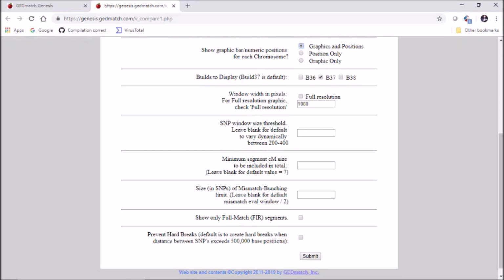But so you could set the SNP threshold, and this is interesting. Look at the way it's worded here. Leave blank for the default to vary dynamically between 200 and 400. Now the old classic GEDmatch let you choose your SNP threshold, but the default was not dynamic. The default was, I believe, 700. And a lot of times I would take that down to 500 when there were overlap issues across different